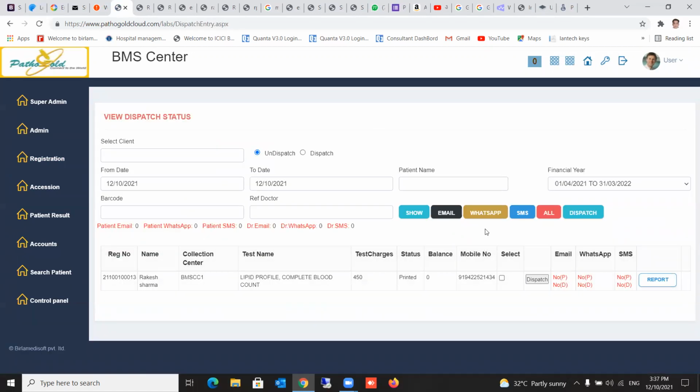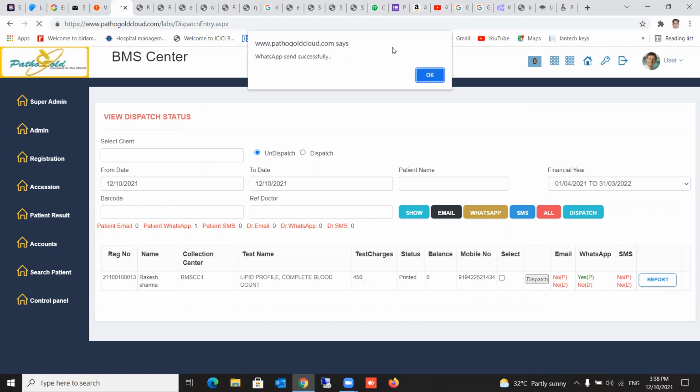Once you see here, here is the complete dispatching. So Rakesh Sharma is the patient, 450, printed, and here is the option. Now you want to send email or WhatsApp. So you have to select this button first, and press the command WhatsApp. The report will be delivered by WhatsApp.